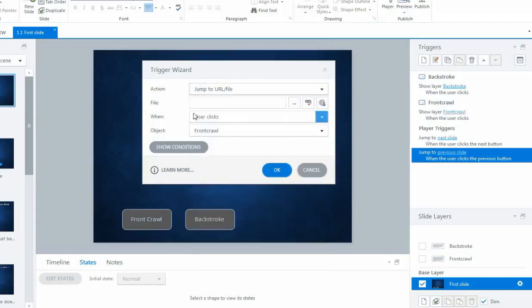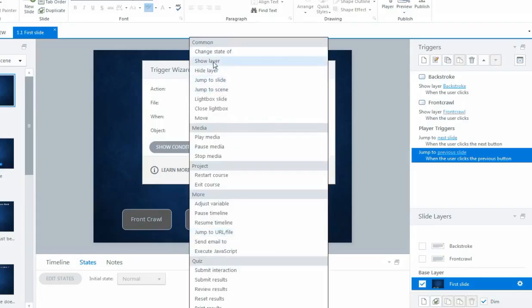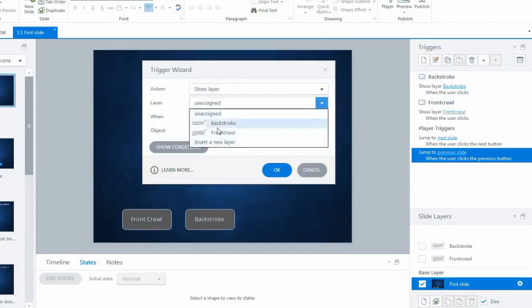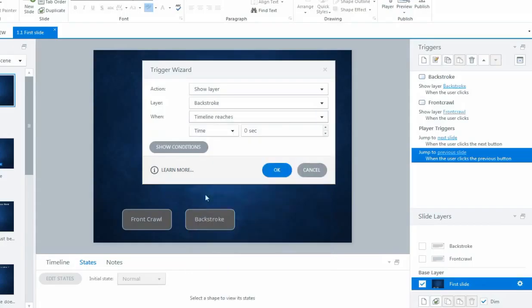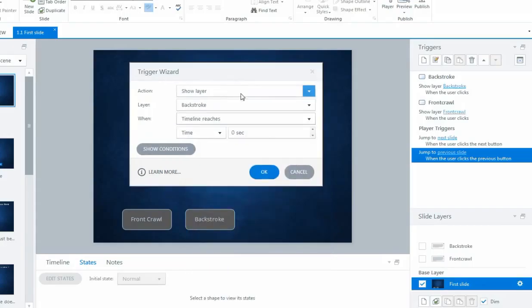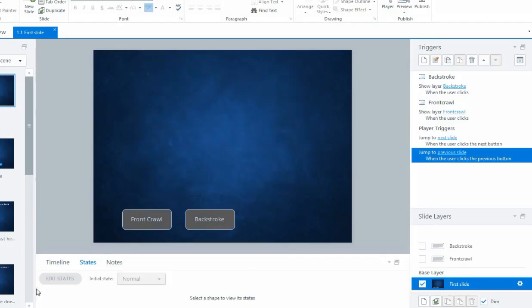And all of these. Now when you choose an action you want to make, let's say we'll go show a layer, I will click backstroke layer, you have to choose when this trigger is going to go off. So in this case it's when a user clicks something, we can choose they click, we can choose whenever the timeline ends, that's when our trigger is going to go off, when it starts, when it finishes, when it reaches a certain point. You can even have your timeline change so that, let's say 5 seconds in, 10 seconds in, here we have a time, or you can make on your timeline, if you had a cue point on your timeline,